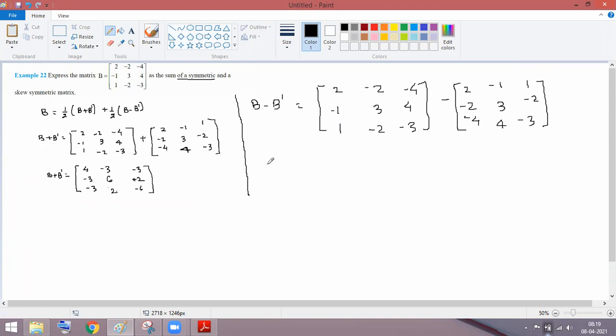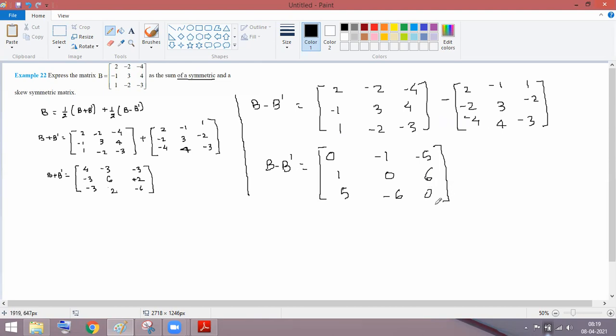Clear with this? So if I talk about B minus B dash, it will be 2 minus of -2, can I write this equal to 0? Yes. After that, -2 plus 1, then -1, -4, -1, -5. Then -1 plus 2, 1, 3, -3, 0, 4, -1 plus 2, 6, 1, minus of -4, 5, -2, -4, -6, -3 plus 3, 0.